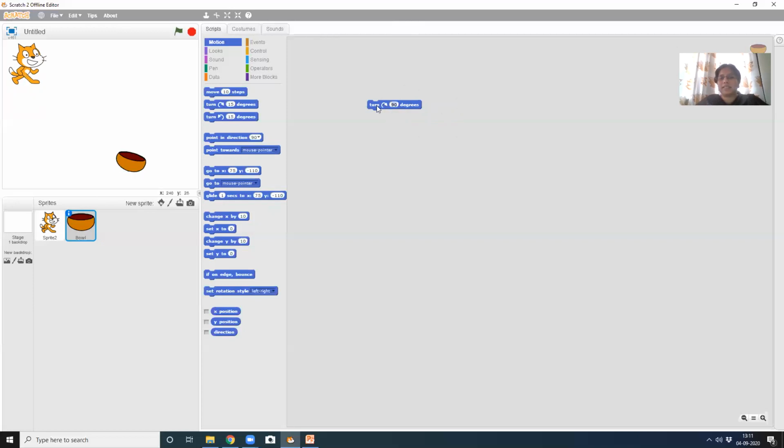So what am I doing? Okay, I see here. Can you see in the sprite area? Bowl is selected. Whatever I've written was applying to the bowl, but we have to make the cat move. So I have to select the cat first. Okay, and then I will take it again. The same thing, we will write it here, 90 degrees. And then again, take one more block and we will do 200 here.